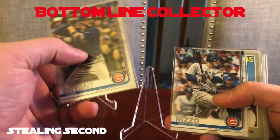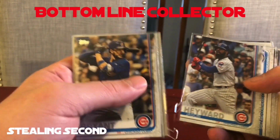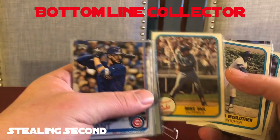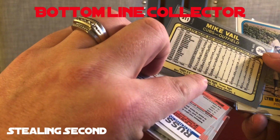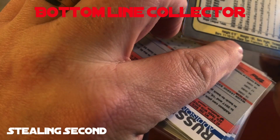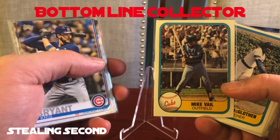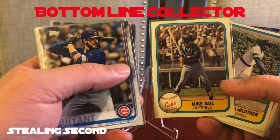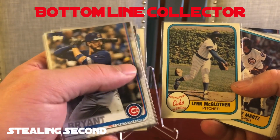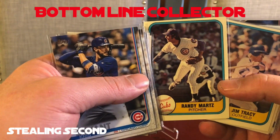And then there's more included, a bunch of Cubs here, which is awesome. Got my Rizzy, got a Brock, a Hayward, got the Windy City Warriors, Hap, Russell, and then this set I actually wasn't very familiar with. '81, I believe it's Topps. I could be wrong. Oh no, it's Fleer. I definitely wasn't very familiar with this set. This was before my time, and honestly, I don't think I've ever even seen this set, especially in real life. So having a bunch of Cubs sent to me out of this set from Brandon was definitely really cool,